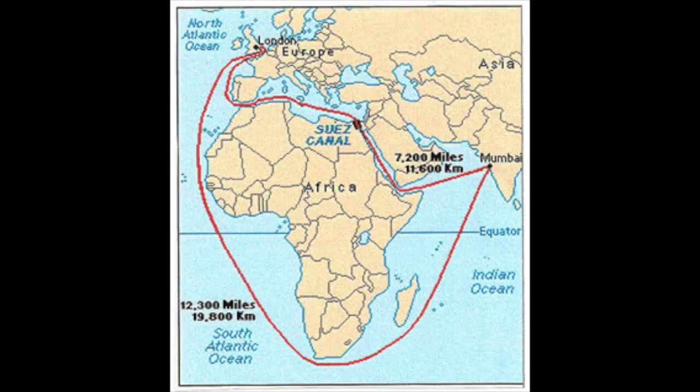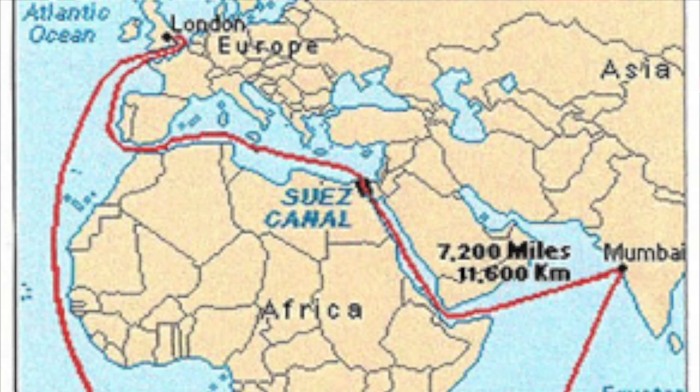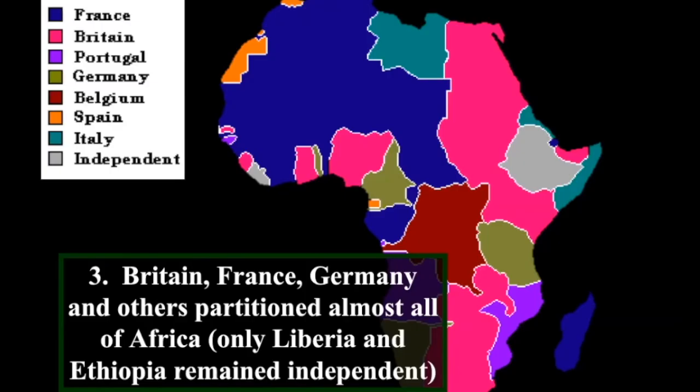It connects the Red Sea with the Mediterranean Sea. So you no longer have to go around the tip of Africa to get to the Indian Ocean. You can just go through right here. So they're going to carve out a canal right here to connect the Mediterranean with the Indian Ocean. Egypt is going to borrow money from the Europeans to build this canal, but they're not going to be able to pay it back. So as a result, Britain calls in that debt. They take over Egypt and the Suez Canal from the Ottoman Empire, and they declare Egypt to be a protectorate of the British Empire.